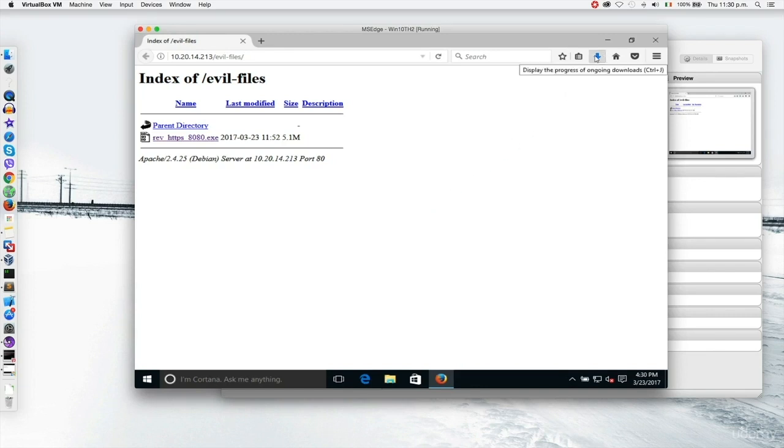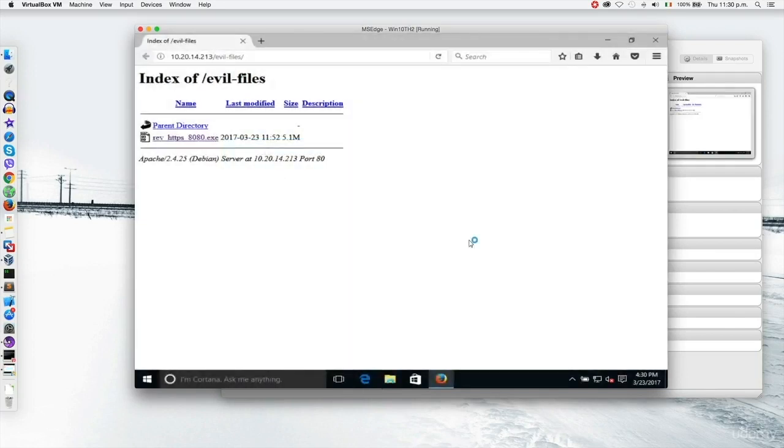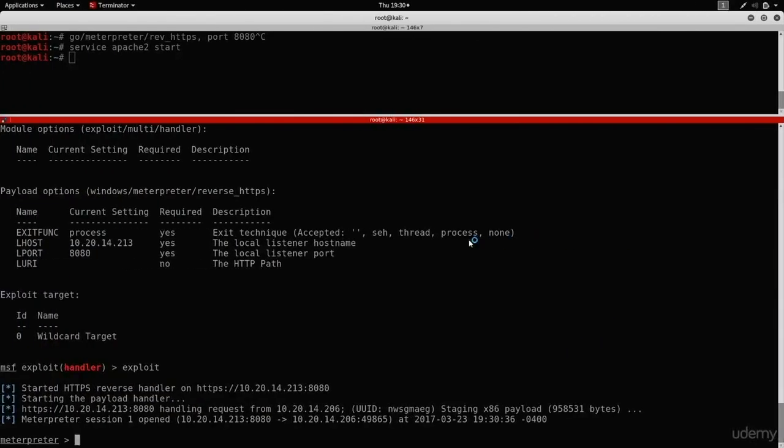So if I click on the downloads and run the backdoor, it's going to tell me that this is an executable, so be careful when you run it, but this is not detecting a virus. It's literally just saying be careful when you run exes. I'm going to run it anyway, and once we come back here, you'll see that we received a connection